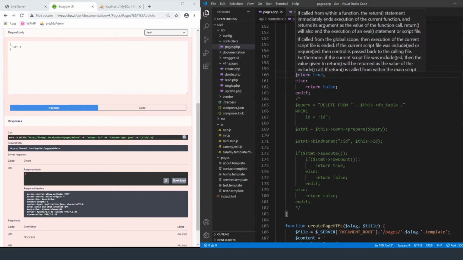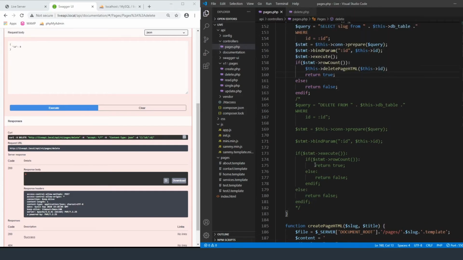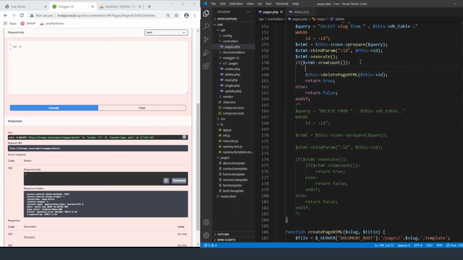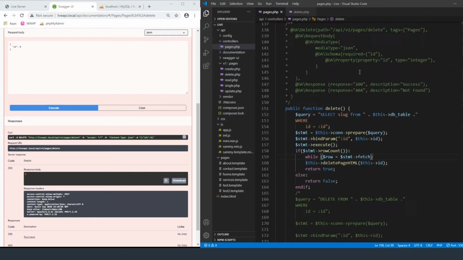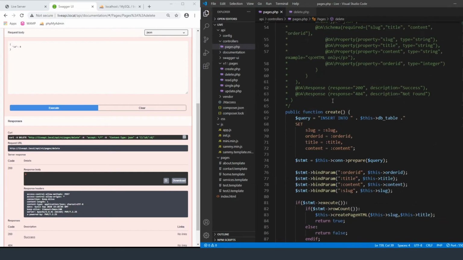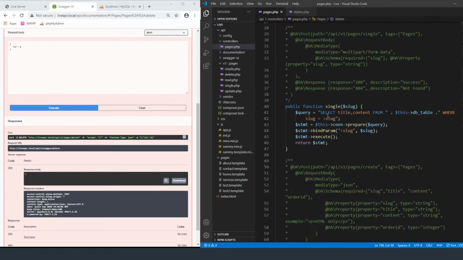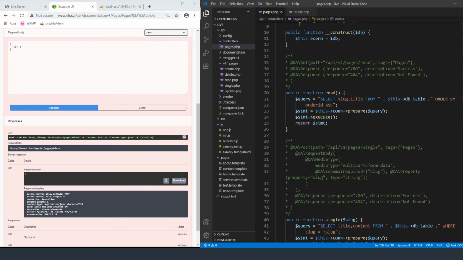Now again, this is just testing it out. We're actually going to use this functionality and essentially paste it here, but for right now we're still just trying to make sure that it's grabbing the right information. Okay, so now that we have our row count, we're going to run our while statement. So while row equals statement, and then we're going to use the fetch. And if you don't know how to do this part, if you look at the top where it's like the single statement, you can kind of see how I did it. Well, it would actually be inside of the